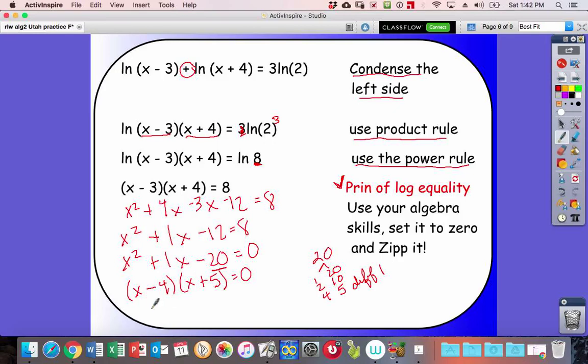Now I'm going to zip it. That means x minus 4 has to be equal to 0, or x plus 5 equals 0. So I got x is equal to 4, or x is equal to negative 5. Okay? However,